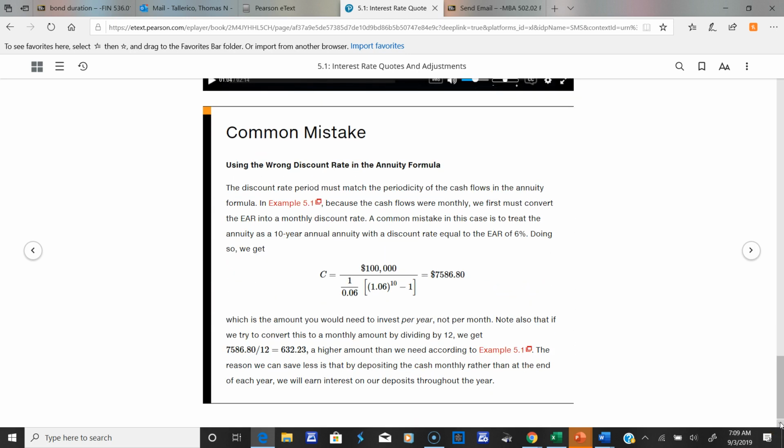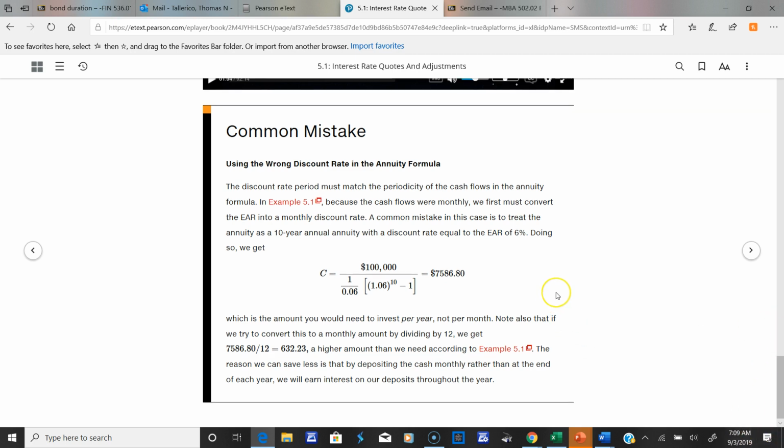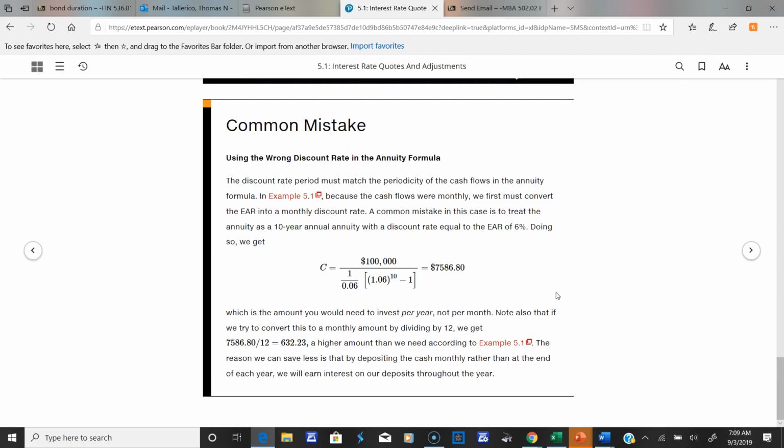Okay. All right. So there's a nice little box here called the common mistake, and it's using the wrong discount rate in the annuity formula. And what they say here is the discount rate period that you're going to use has to match the period of the cash flows in the annuity formula. Okay, and again, we didn't go over annuities yet, but we will. But I want to give you more general information for